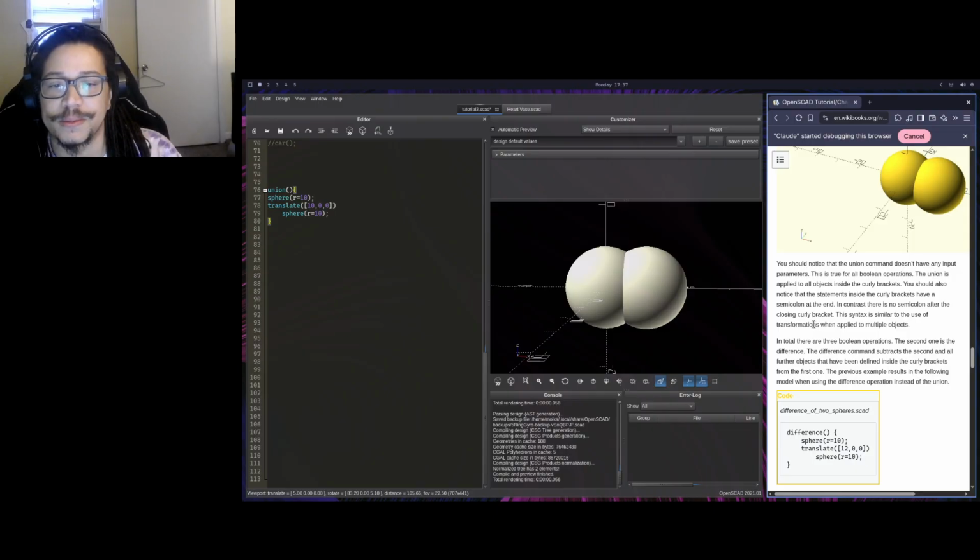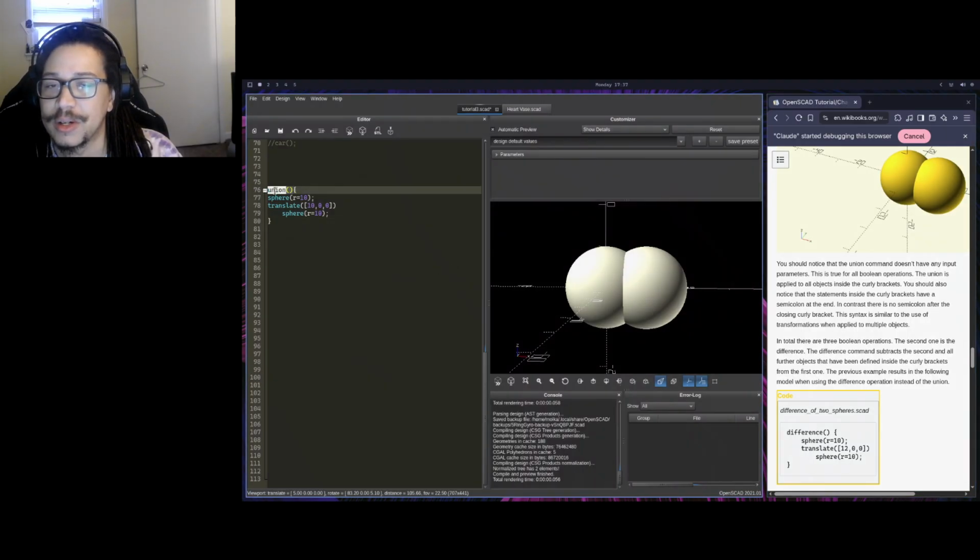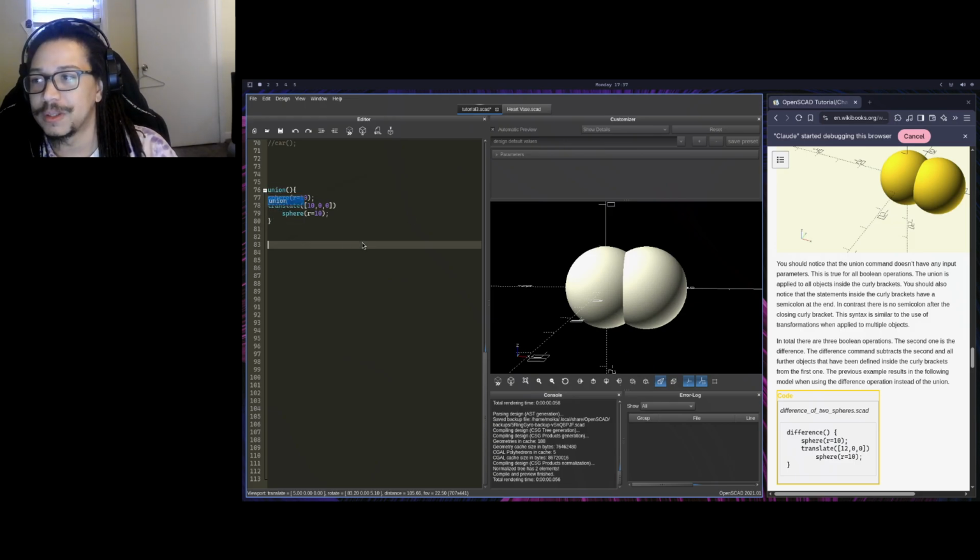The second one is the difference. The difference command subtracts the second and all further objects that have been defined inside the curly brackets from the first one. The previous example results in the following model when using difference operations instead of the union. Okay, so then if I do, okay, so this puts them together. The second one connected to the first one, but if I do actually, we will,